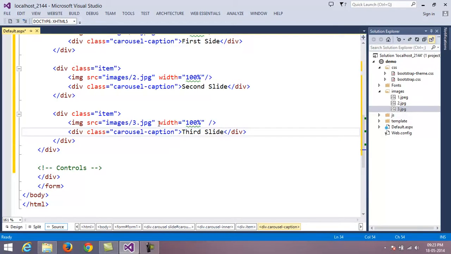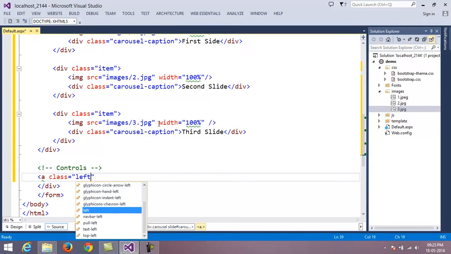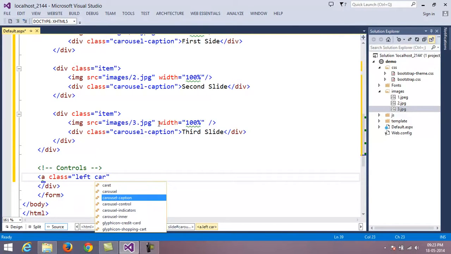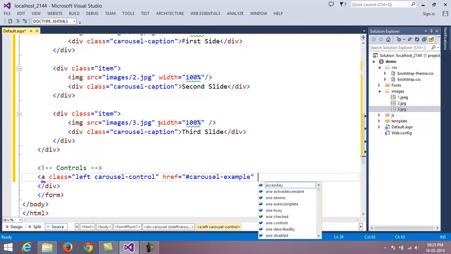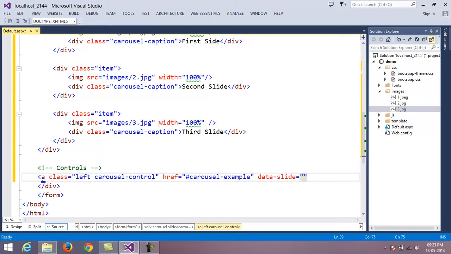Once we have provided the wrappers for the slides that are required, the next thing we have to do is have the controls. In order to provide the controls, let's take an anchor. The class I provide as left carousel-control, and this is going to refer to the target as the carousel example, which is the div, and I add a data-slide attribute where I provide the value as prev.